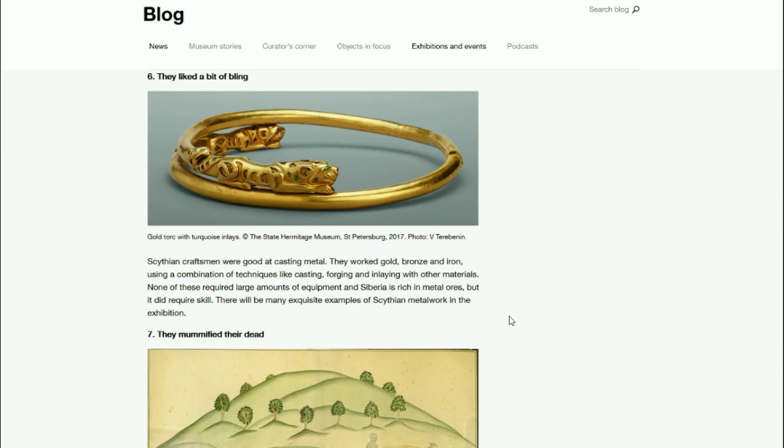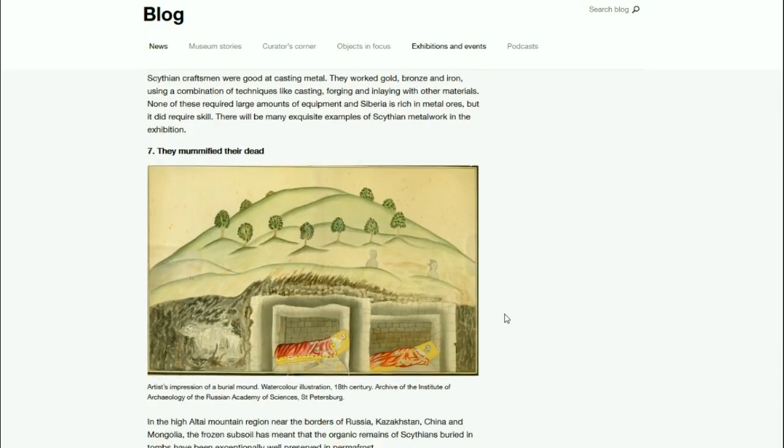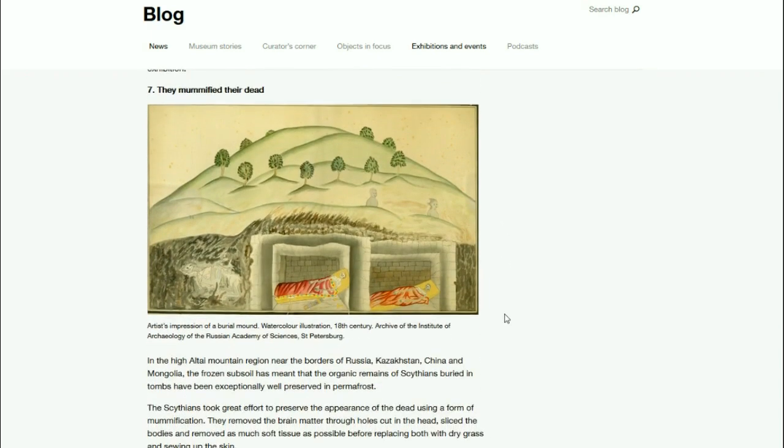That's actually some of the largest platinum mines are in Siberia. Yeah, though they didn't discover platinum, but it did require skill. And there will be many exquisite examples of Scythian metalwork that is actually going to be displayed at the British Museum. They also mummified their dead, and I will say this particular case,